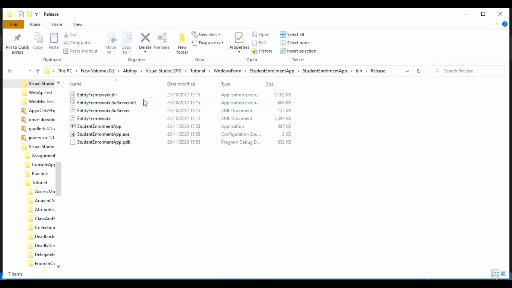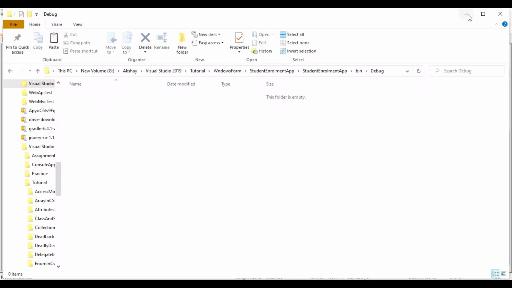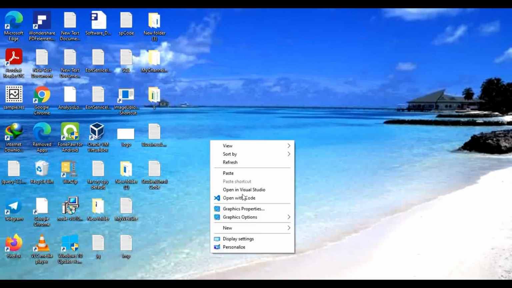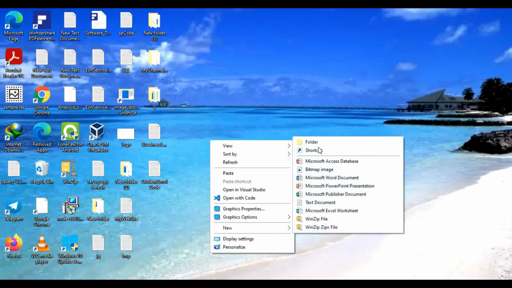So now what we can do is cut all these files from here and paste them somewhere, let's say on the desktop.